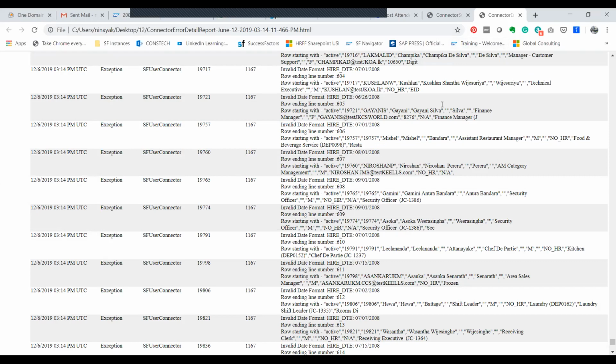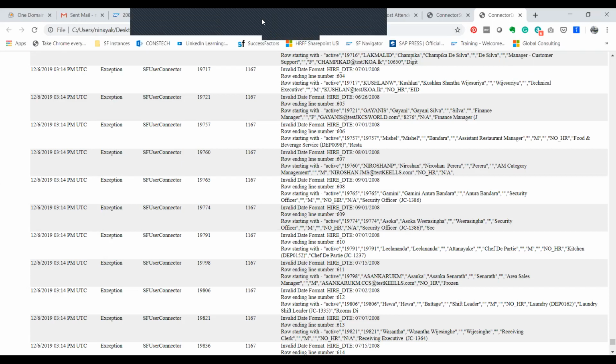Okay. So it is applicable for all connectors. I have just given one example. This is for a user connector, but for your domain connector, curriculum connector, schedule offering connector, this concept is applicable for all other connectors. You will be getting similar reports only. There's no difference. Okay. Next, I will be moving to the system once again.